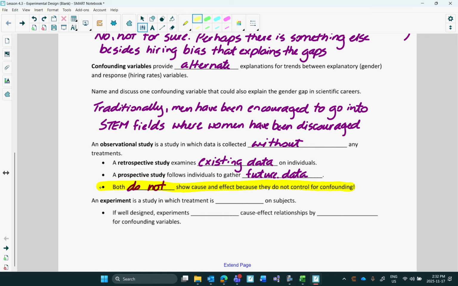If we want to get to something causing something else, we have to go to an experiment. Okay? And what do we do in an experiment? Well, an experiment is one in which some sort of treatment is imposed on subjects. And those subjects could be